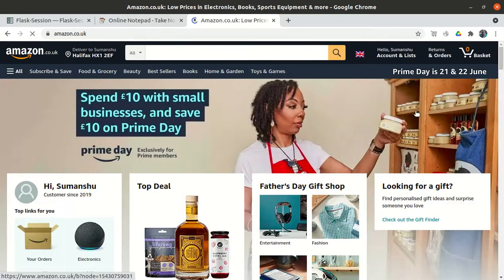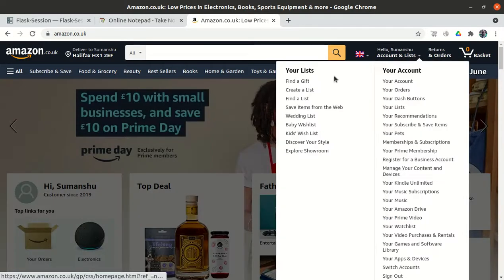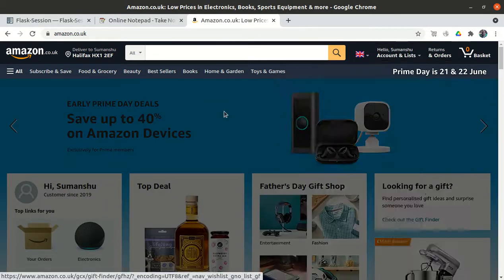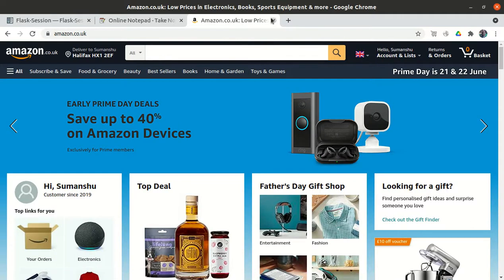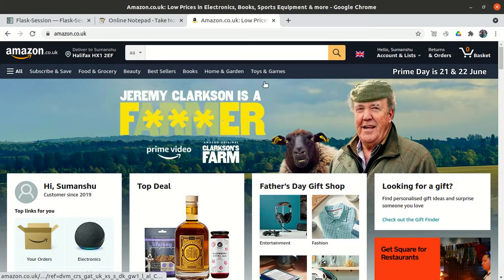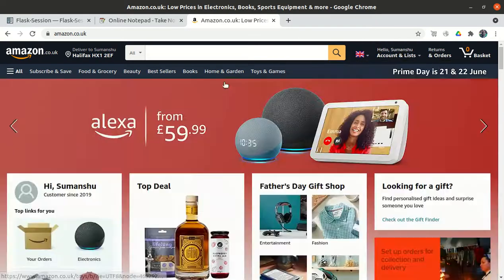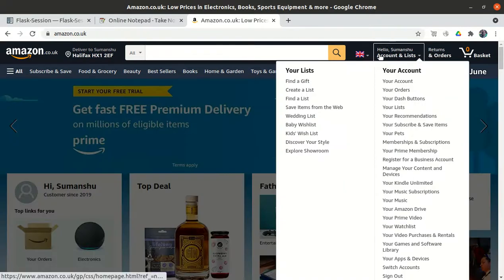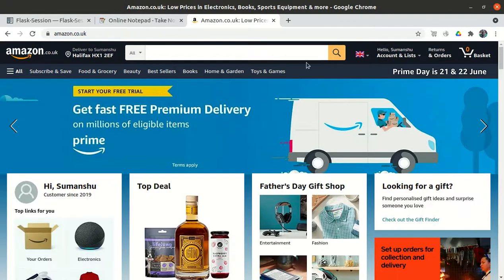right? So here my account is logged in, right? But I did not log into my account just now, right? And if I close this tab and reopen this, I could see I did not log in to my Amazon account, and my account is already logged in. So how is this possible? Because I logged in once, and automatically it is checking the databases, and automatically a session is activated, right?